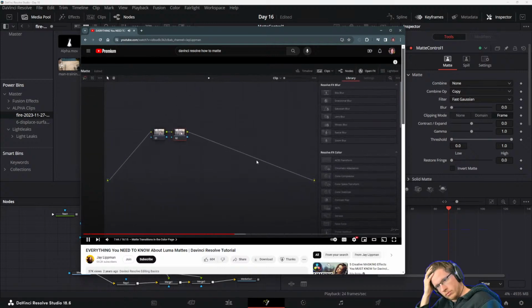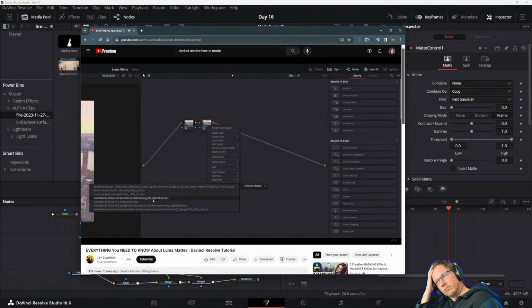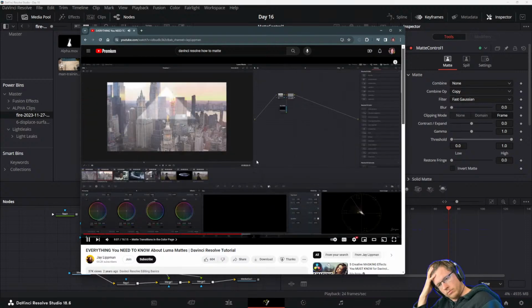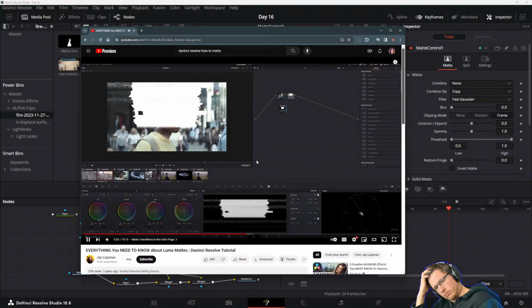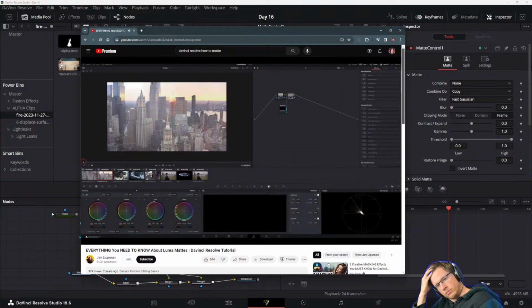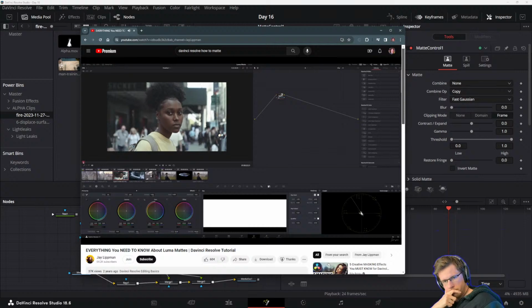Add another serial node. And then we'll right click, add matte, timeline mats. Probably need to bring it a little way up. Play that again. And you've got yourself